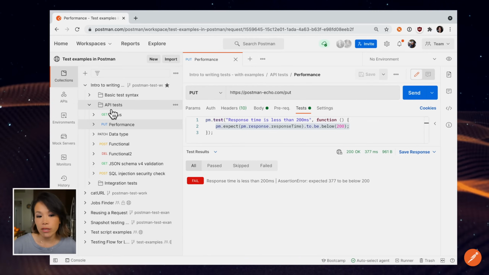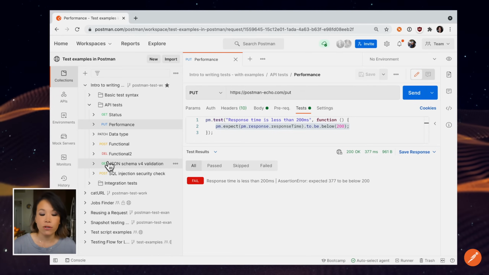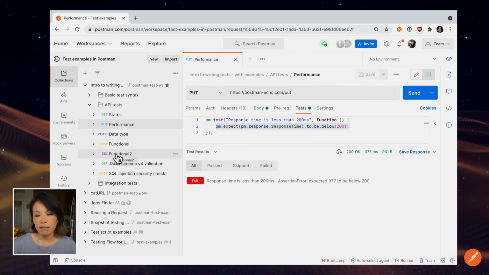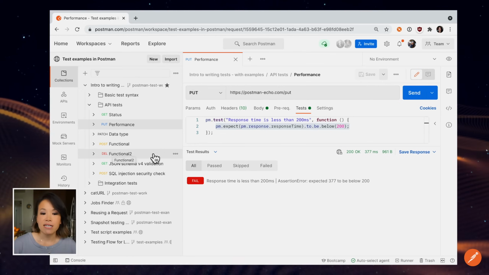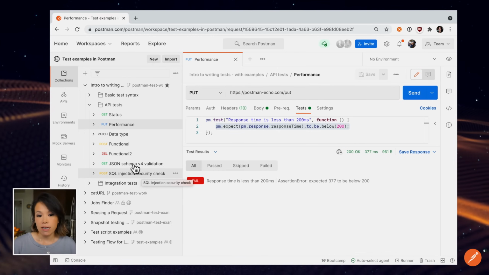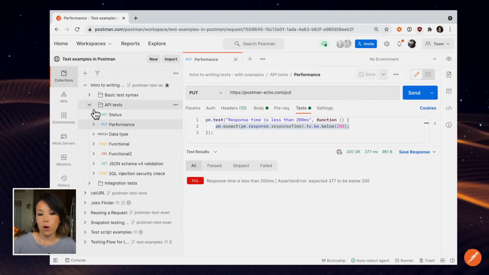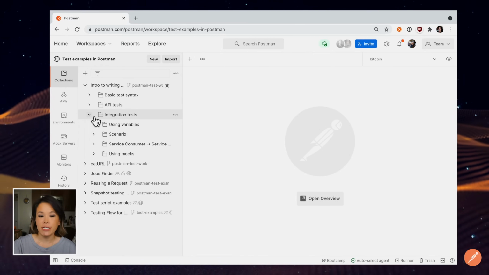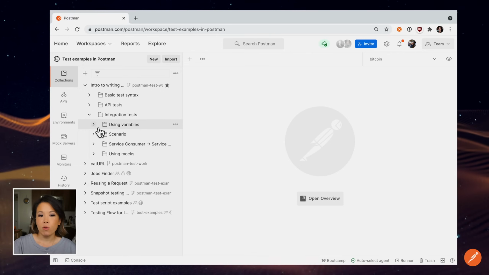So take a look at some of these other types of API tests you can write. You can write functional tests, API quote-unquote unit tests, schema validation, SQL injections, a couple different examples here that you can walk through. All right, let's head to this last folder here called integration tests and open the first folder